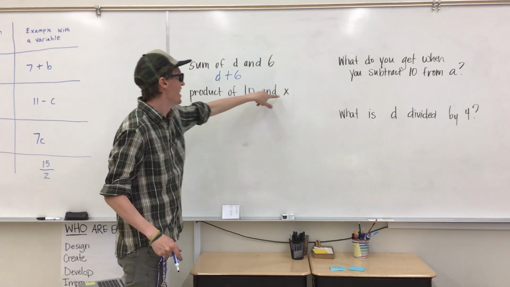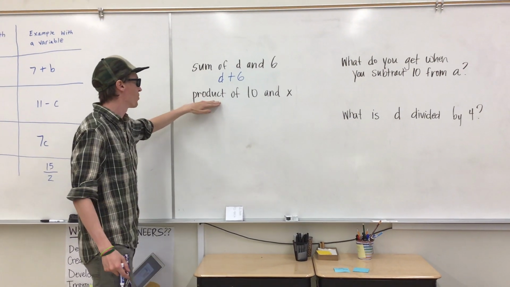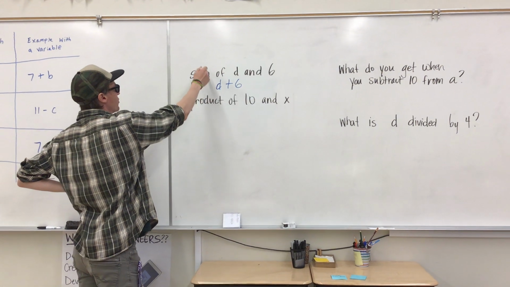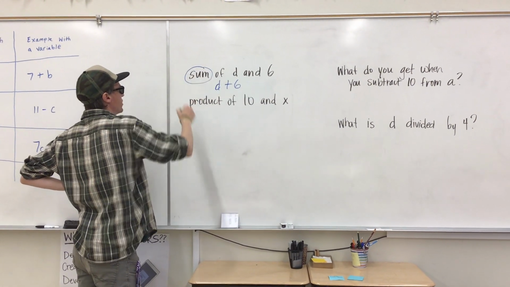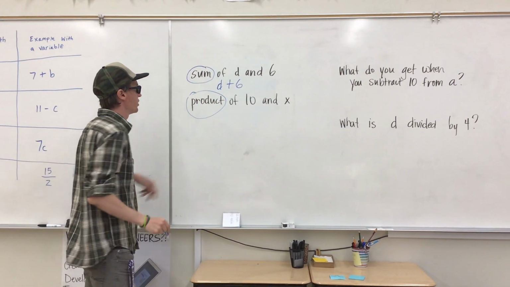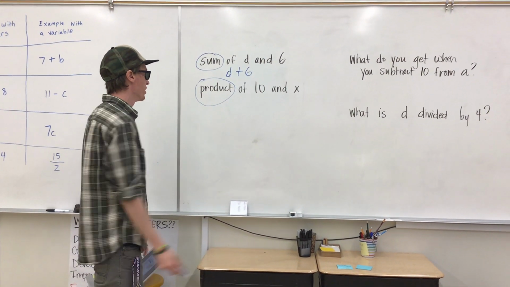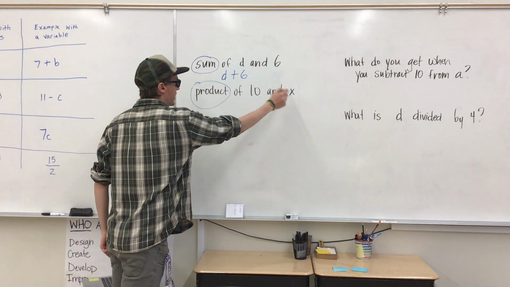Product of 10 and x. Boom! Product is my word. So when you guys are going through your examples, if you want to get out your little markers on Seesaw and circle keywords, that can help you. Product is my buzzword here for multiplication. Product of 10 and x,